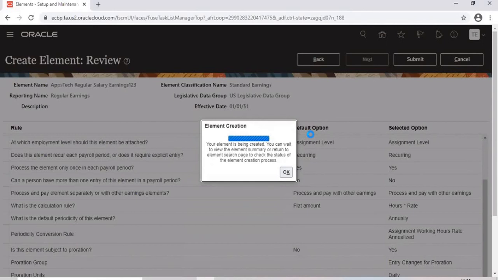But in order for those elements to be processed and calculated based on the formulas, we have a concept called calculation cards, tax calculation cards. We have to define that, because otherwise how does the system know that I am implementing for Washington or for California? Federal tax, I don't have an issue. But when it comes to state tax, it is different from one state to another state. Correct? Yes.